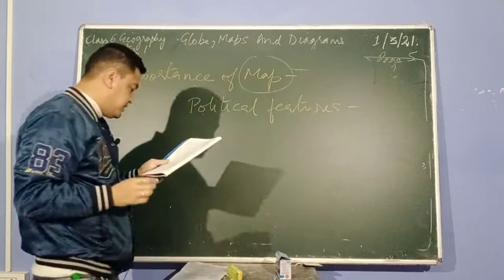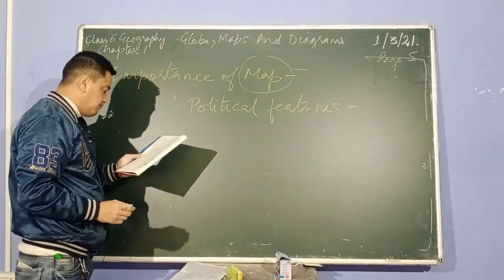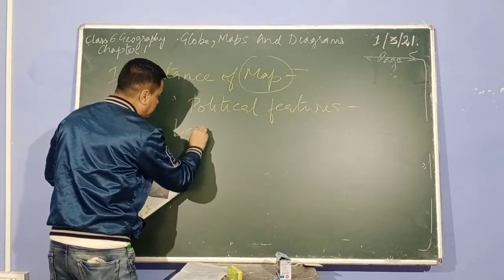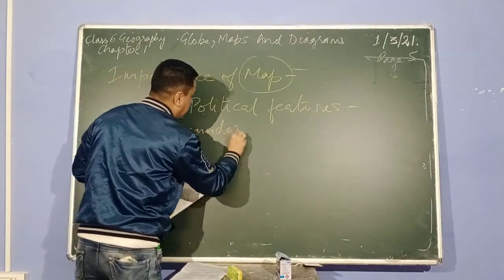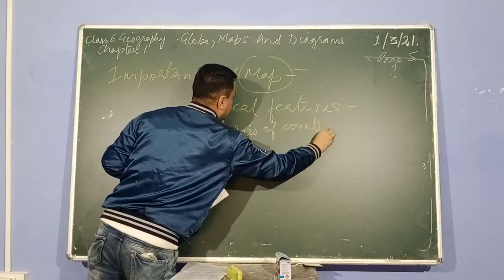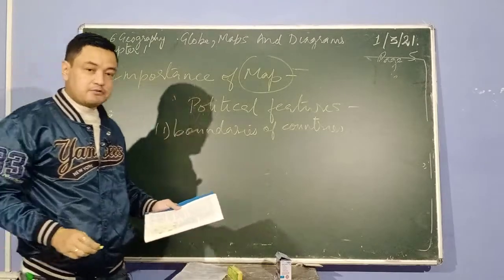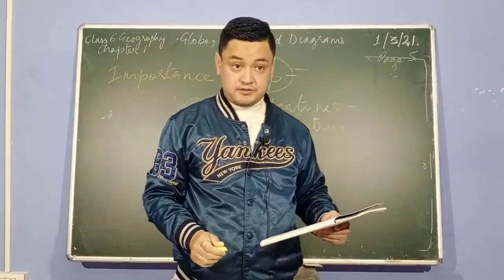What are political features? Political features are basically the boundaries of countries. B-O-U-N-D-A-R-I-E-S, boundaries of countries, C-O-U-N-T-R-I-E-S, countries. Now, when I'm talking about boundaries of countries, I'm talking about the border area of the country called